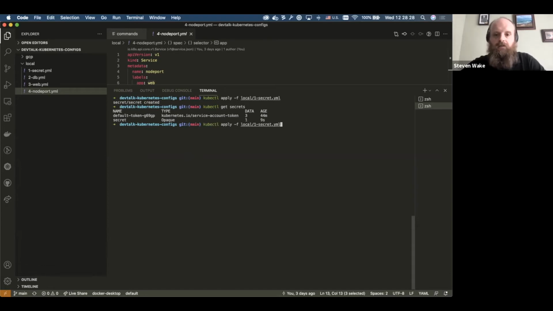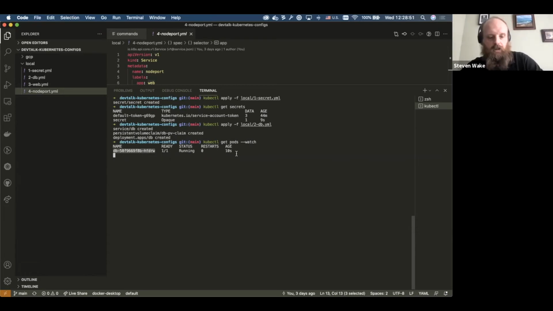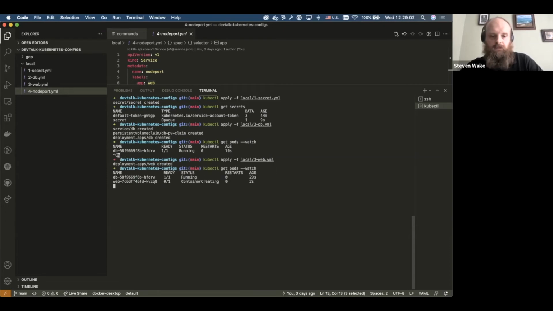We then apply the next one, which is the DB. This takes a little bit longer because it's doing a lot more. So kubectl, again, we can use to interrogate the pods. We'll stick a watch command on it. Okay, because it's already got the image locally cached, it's spun up incredibly quickly. I think the same is going to be true for our web pods as well. So there you go, it's already spun that up for us.